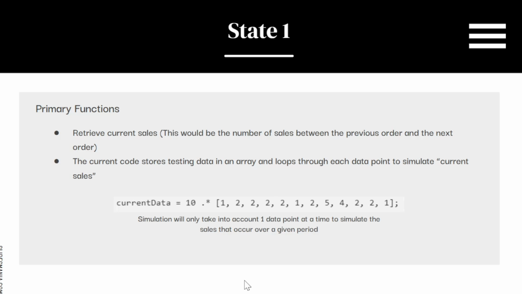Once we throw it into a function, we're going to get our order for that month, and then we're going to move on to the next month and say, okay, now we have a sales of 2. Subtract this from our inventory and look at the historic data. What do we have to order? And so on and so forth. We're going to keep doing that, and that's basically state 1. We're only doing 1 month at a time in state 1, and before we can go to the next month, we have to go through all the next states.